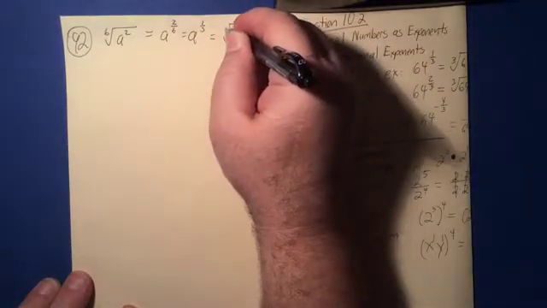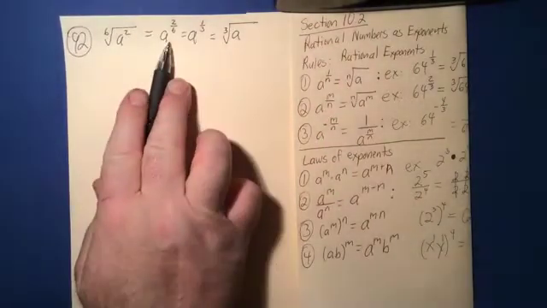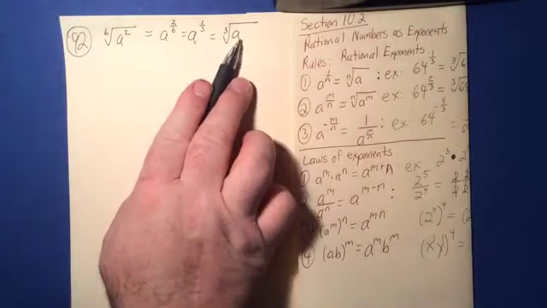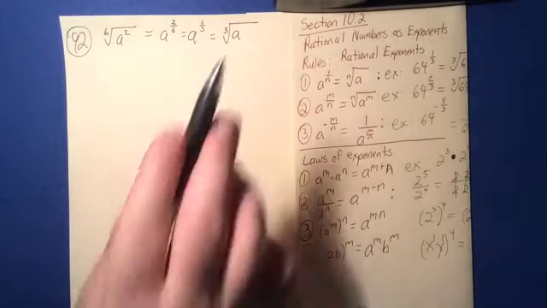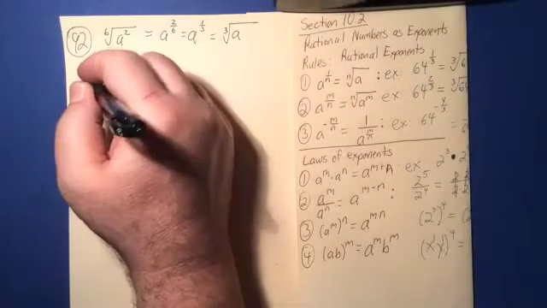So this is going to be the third root of a. So I've taken this, written it as a rational exponent, simplified the rational exponent, and then converted it back to an expression containing a radical. So we'll go ahead and do some more examples to clarify this a little better. Let's take a look at